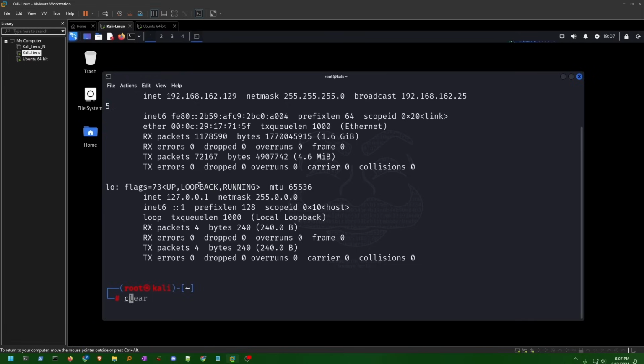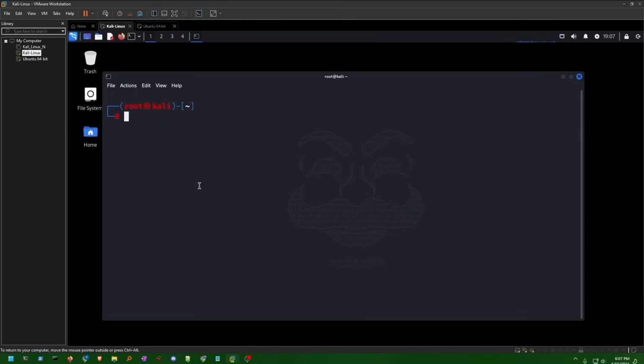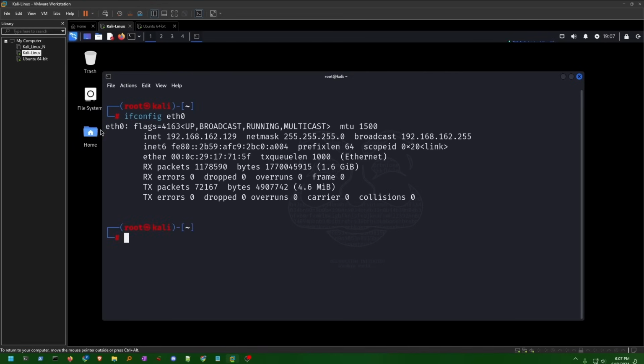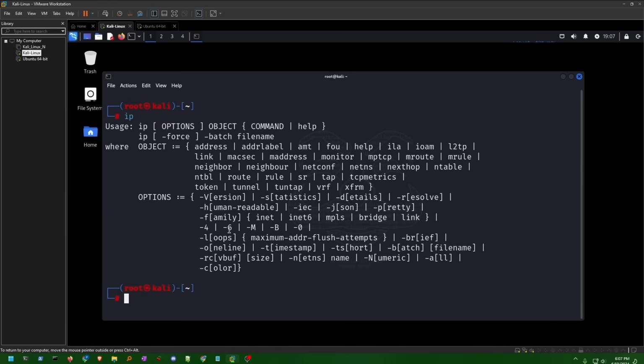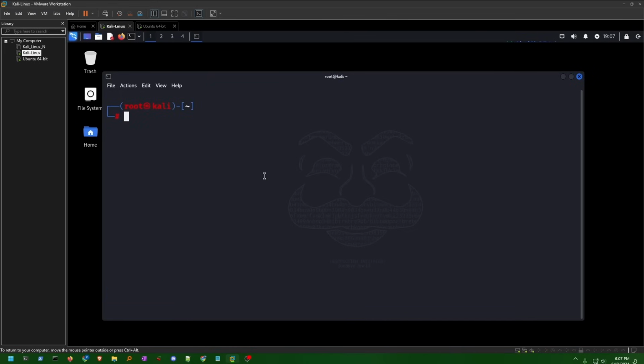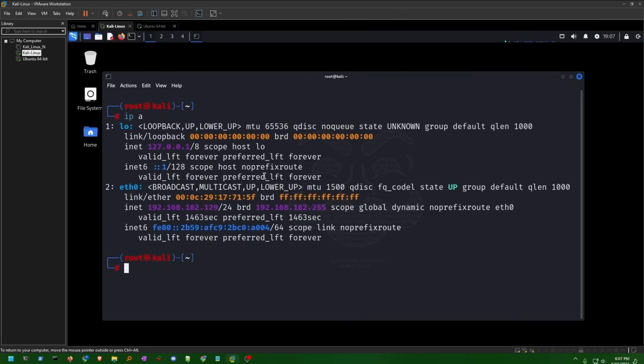So now if we want to dive deeper into just a specific adapter, let's say our Eth0 or Ethernet 0 adapter, we could do ifconfig Eth0, and then we'll just see the output for that specific adapter. Now another command would be the IP command. Just by hitting IP, you'll see the different options that we can specify. So the IP command is a powerful tool for network management, and if we do IP-A, this will list all